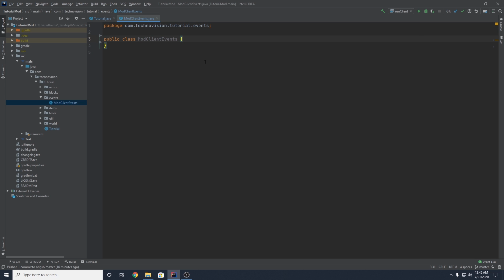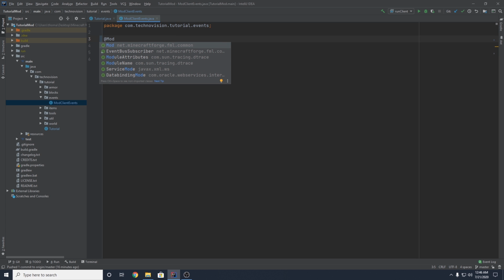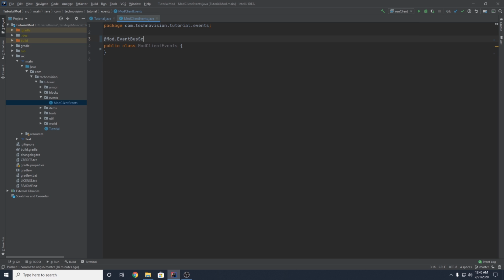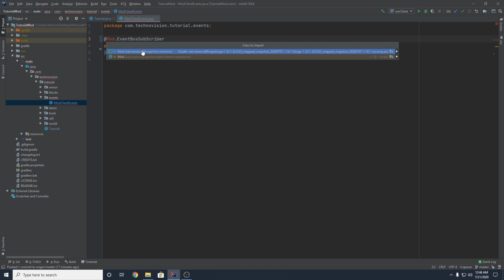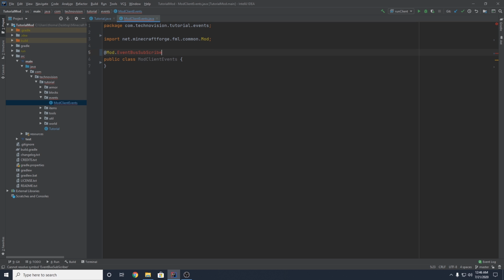All right, so inside of this class here, first thing we want to do is register it with the event bus. By the way, the event bus is essentially what manages and fires events for you. So by registering this class with the event bus, what we're doing is we're saying, make sure to run the code that's in this class when events are fired. So to register this class with the event bus, we can do @Mod.EventBusSubscriber, and we should probably import Mod first from Minecraft Forge, EventBusSubscriber,